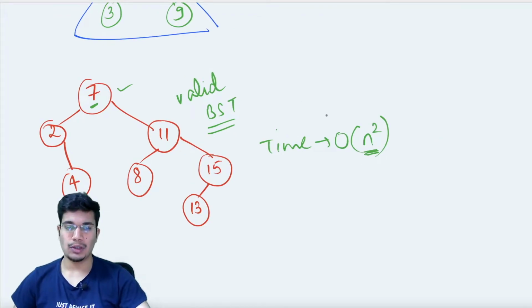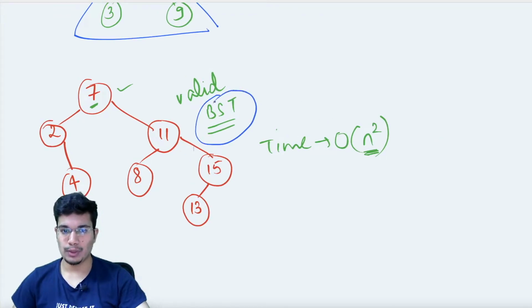And also in this particular approach, we never really leveraged any property of binary search tree. We were just randomly checking every single value if it's fine or not. But if it actually is a BST, then it will follow a certain property which we can use to make our time complexity much more effective and efficient. So let us discuss that optimized approach now.